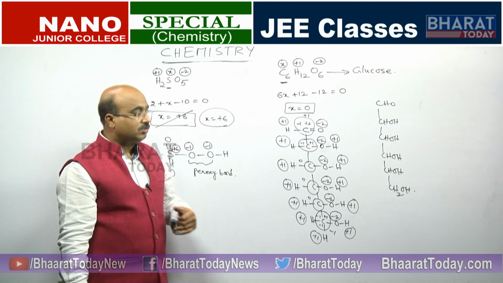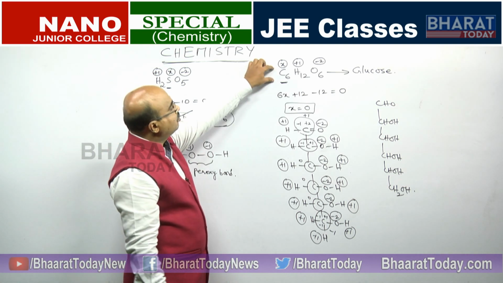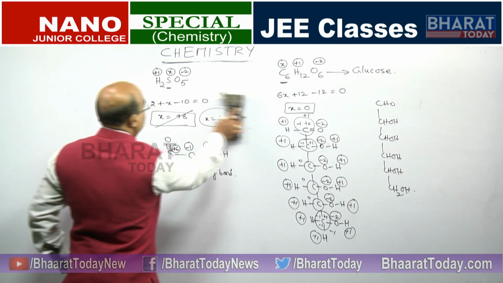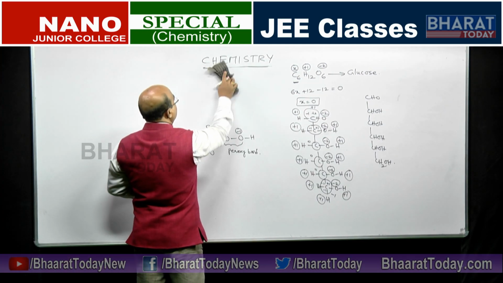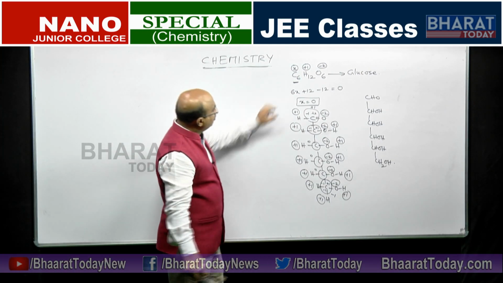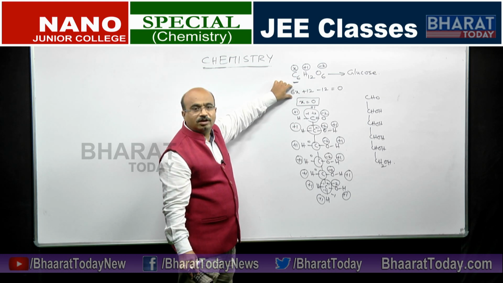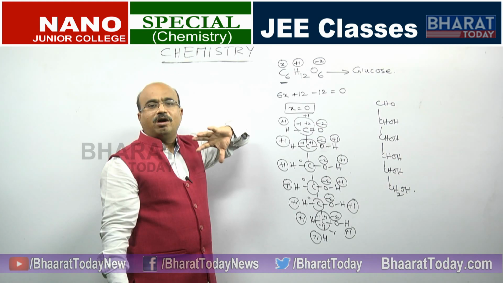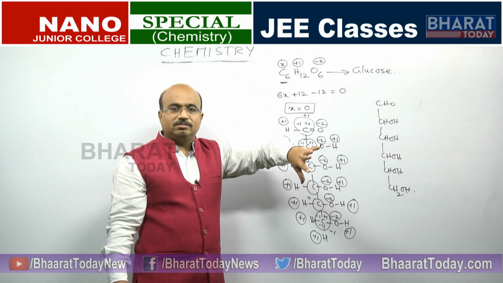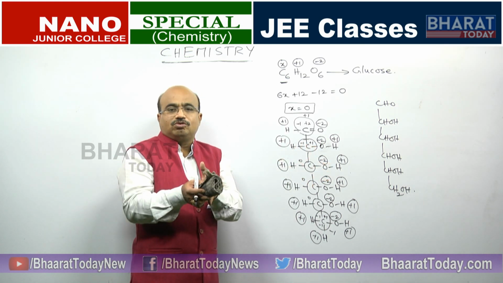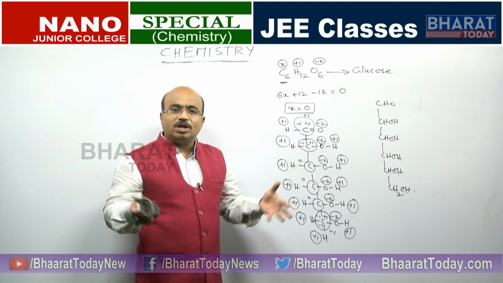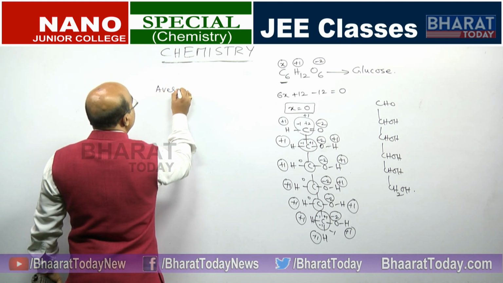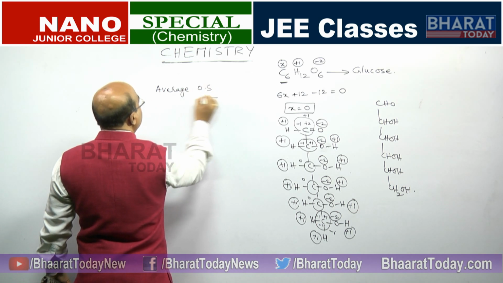Why? Because when we calculated for 6 carbons totally as 6x, what we are doing is we are not taking each one separately. What does this 6x indicate actually? It is of 6 carbons. It means we added all 6 carbons, or we have taken the total charges of the 6 carbons together. So, when you take the total together, what is the meaning of that? It means the average oxidation state.